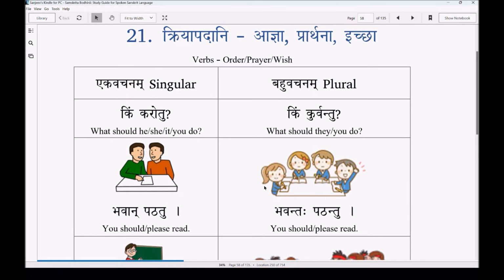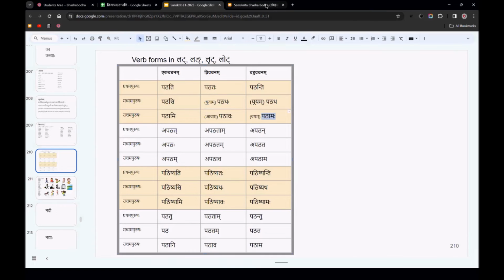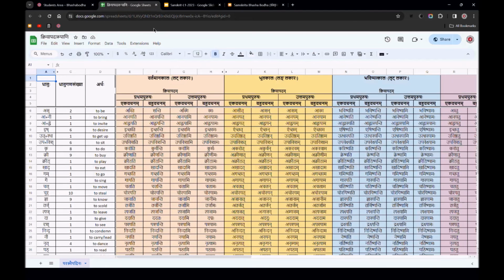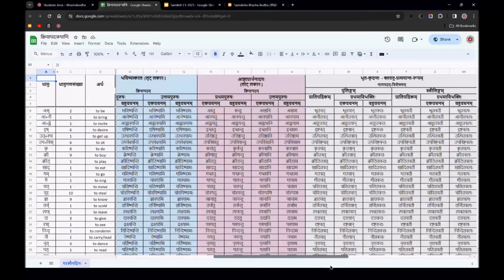Where there is ajna, prarthana, ichha in grammar, these forms of verbs are called lot lakara forms. And if you look at this table, this one also has the lot lakara form. The ones in pink here, columns R, S, T, U, show the lot lakara or ajna prarthana form, like astu, bhojana santu in the prathama purusha, anayatu,